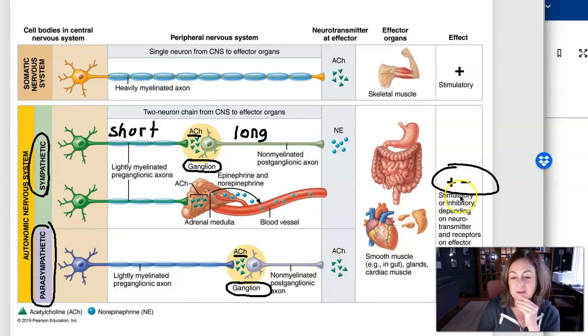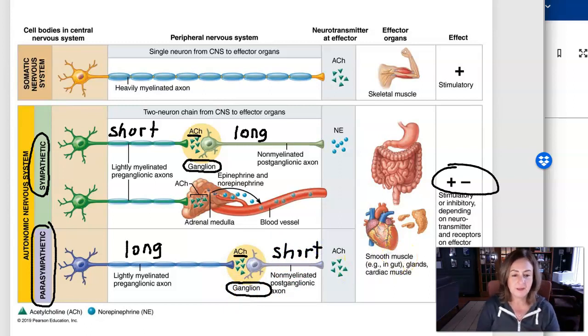And again, it's going to have either an excitatory or an inhibitory effect. So the preganglionic neuron in the parasympathetic division is the one that's very long. It synapses in the terminal ganglion, and then the short postganglionic fiber is going to go right into